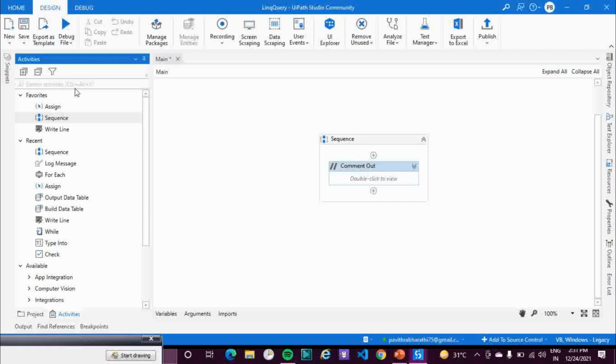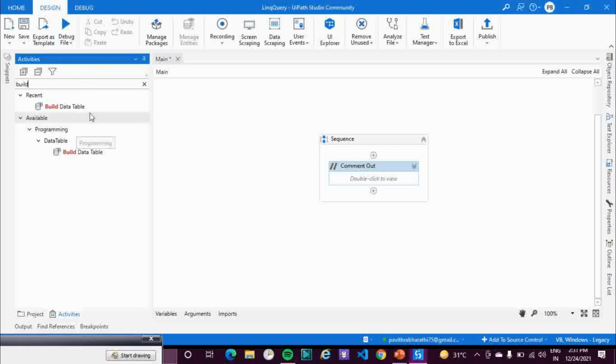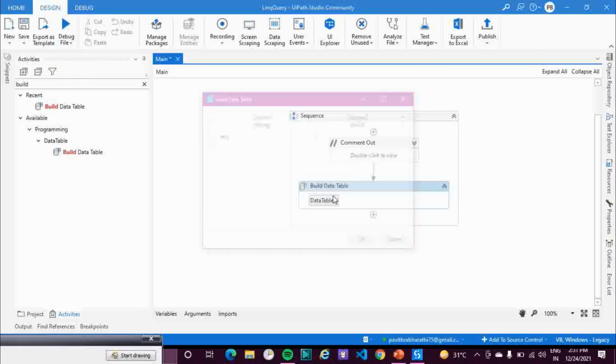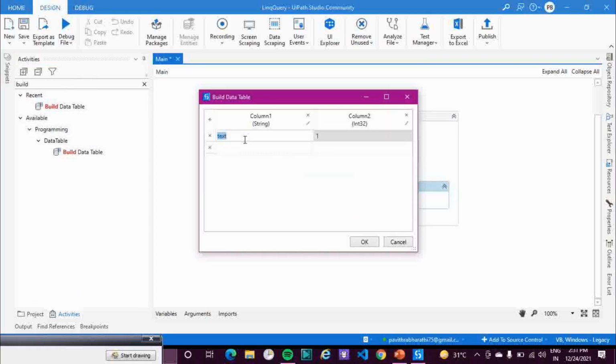let me quickly build one data table. Sam 1, Ajay, let's say 4, Ram, let's say 2, and then again Ajay, I'll give 3.